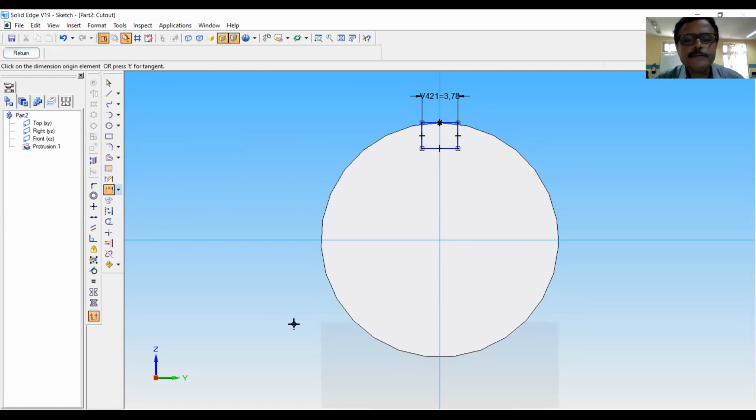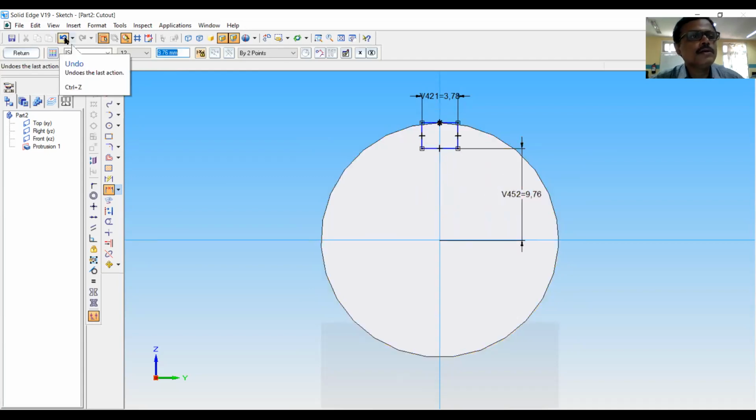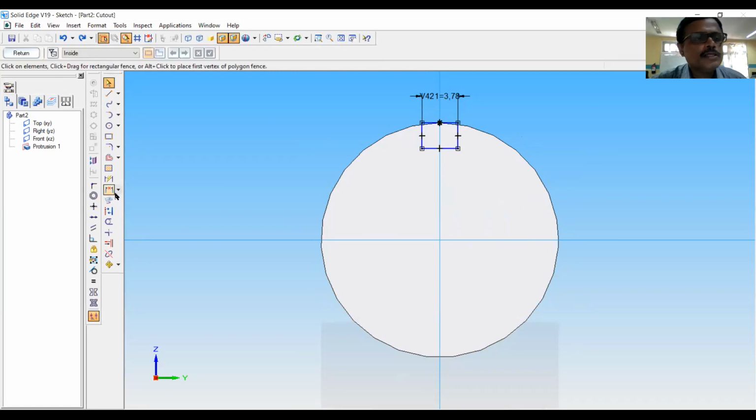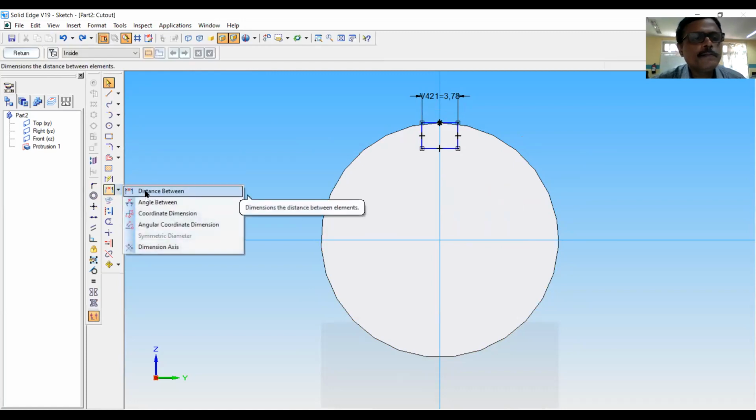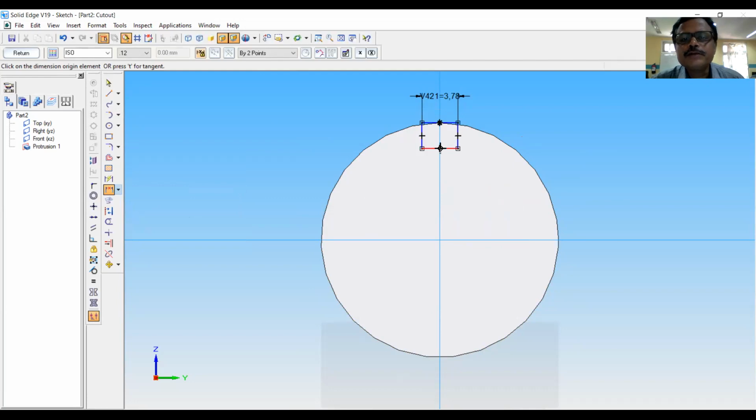Then the distance between here and this point, not that, it is picking this one. It is the distance between this point and this point we want.